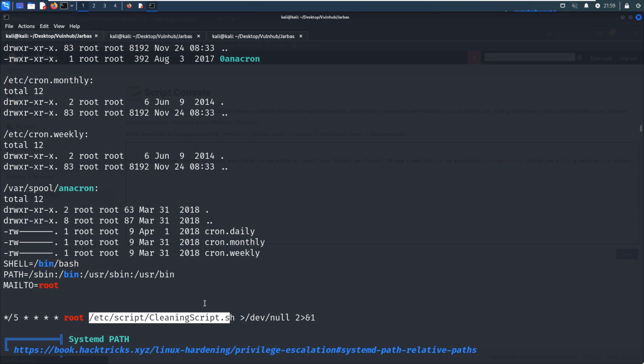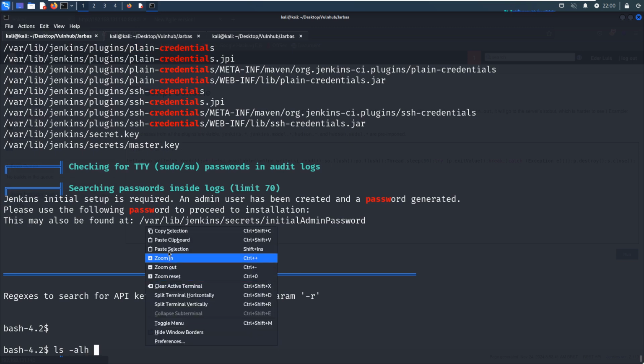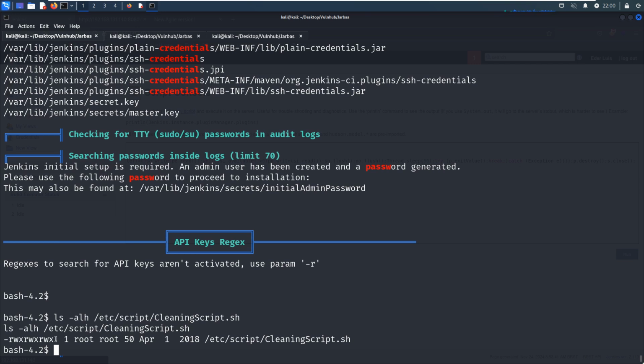So next we need to see whether we have permission to manipulate this script. We can copy this absolute path. Everyone can modify or manipulate this script. And also this script is executed by the root user. So what can we do next? We can put a reverse shell command into this script, and then we can spawn another shell, and this shell should belong to the root user.